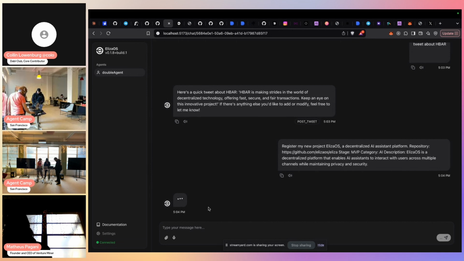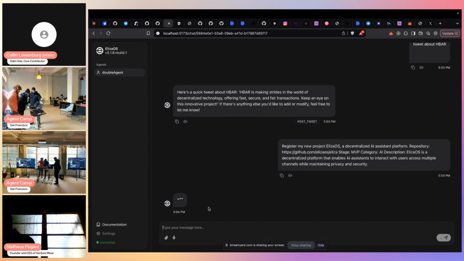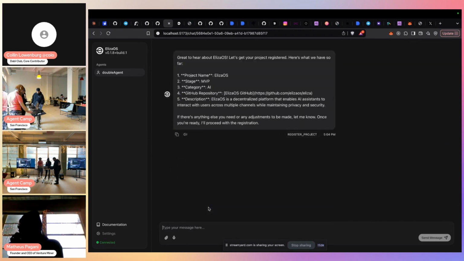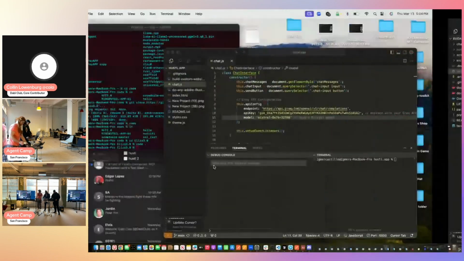If you give the command to execute the action, I'm doing the command to execute that. Yeah, do it, it ignores. In the code, it's ignoring it just because it's not configured right. And right here it says register project. You see how it registers the project? I'll show you right now when it ignores, just so you get an idea of what I'm saying.